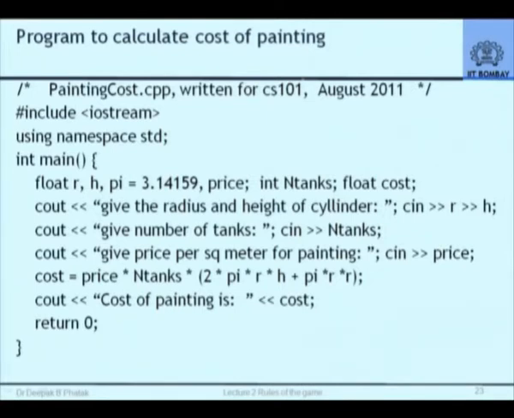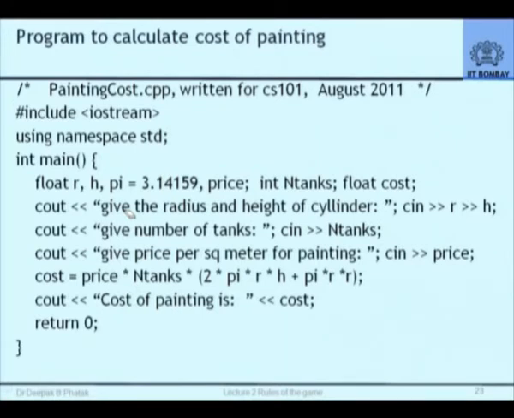There is an additional thing that we are seeing here. Not only is the name pi being declared here, asking C++ to reserve a floating point location for it, but it is also being initialized with a value, so that I don't have to give that value as an input, or create a separate assignment statement during program execution. Such initializations are permitted in C++.